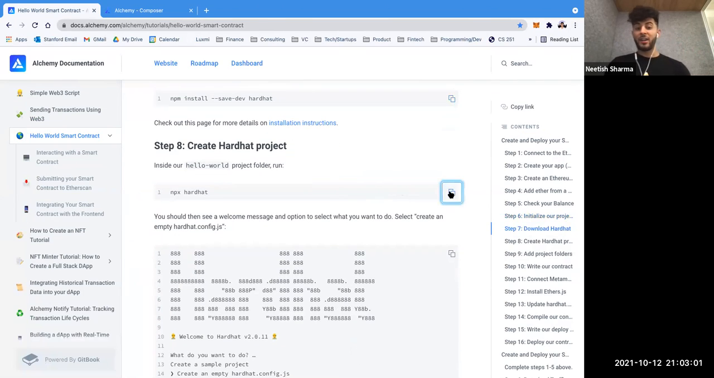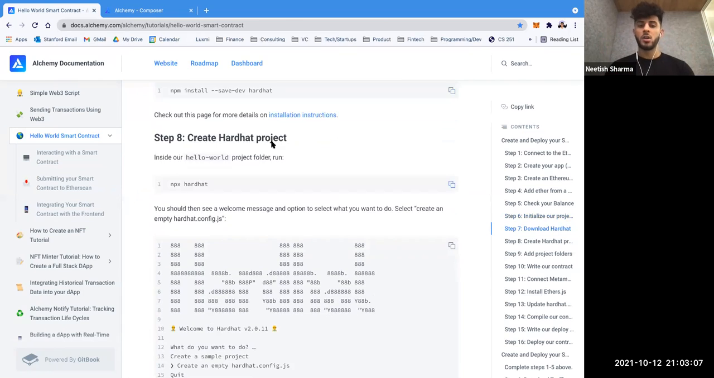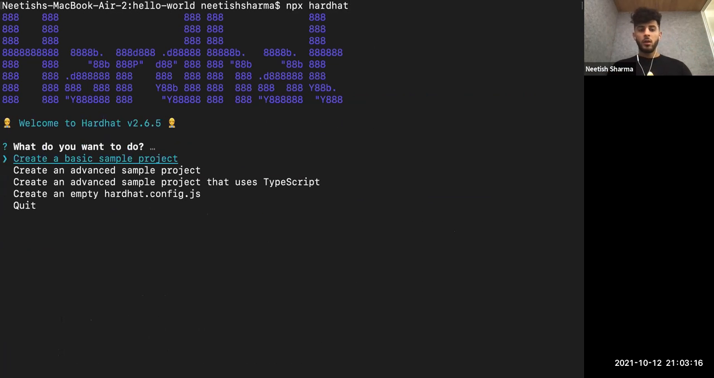So now we're going to go ahead and actually create our Hardhat project. We've installed the package, but now we need to create an instantiation of a project. So let's go inside our Hello World folder, get rid of all this, and actually run this. It's going to ask us what kind of project we want to create. What we want to do is navigate to this option that says create an